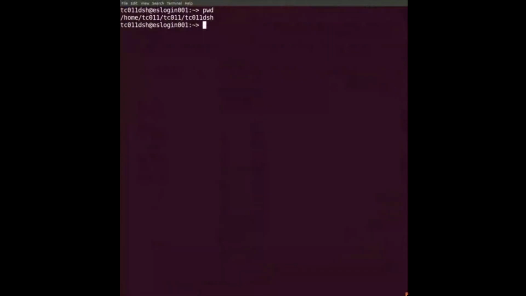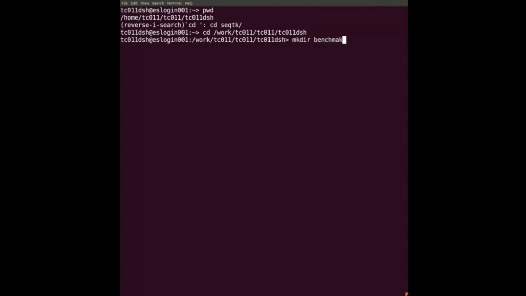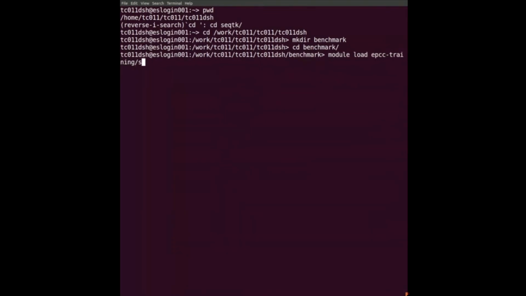Okay, so first of all, I need to go to the work directory, which is really important. cd /work/tco11/tco11/dsh. Okay, I'm going to create a directory, benchmark. cd benchmark. Okay, so first of all, I want to module load EPCC training Sharpen, and I need to copy